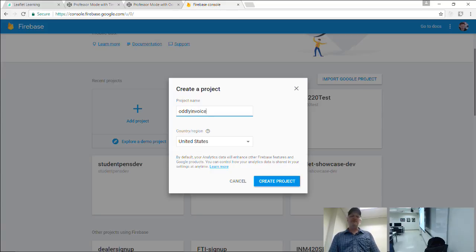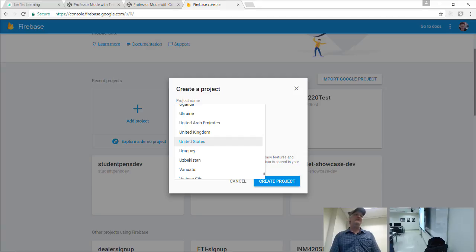Now for region, it's not a big deal when you're just messing around, but this is actually something really important they've added here. If you ever work on a project that has some kind of contest in it, region is very important, because the law is that you must base the server that you're running that contest on within the legal region that you're running.